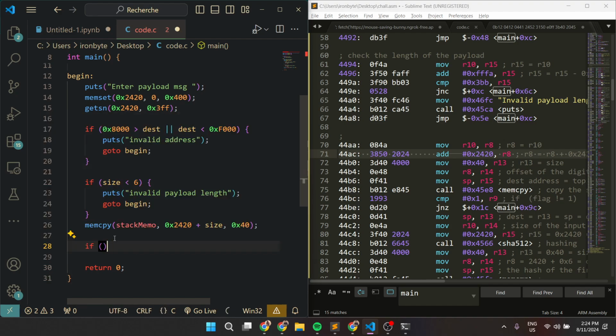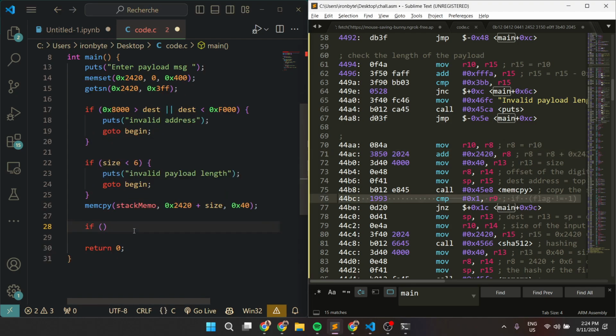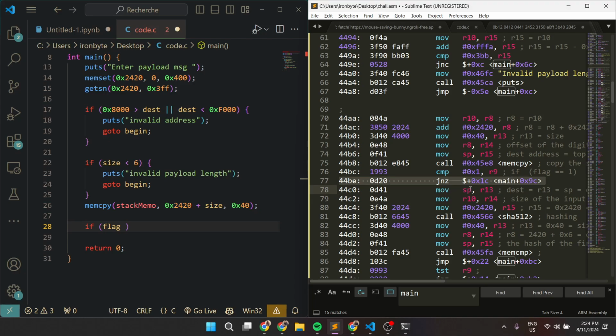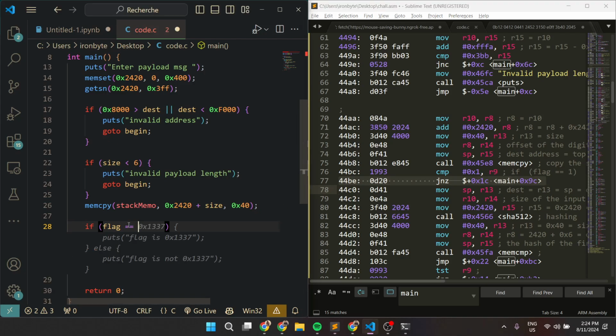And then we'll be going on and check the flags. So basically this is if the flag is equal to 1. Why did I set that different to 1? So yes, it is. So we jump if it is not equal to 0 to that place. So if it is 0, that means that the register 9 is equal to 1. So yeah, if the flag is equal to 1,